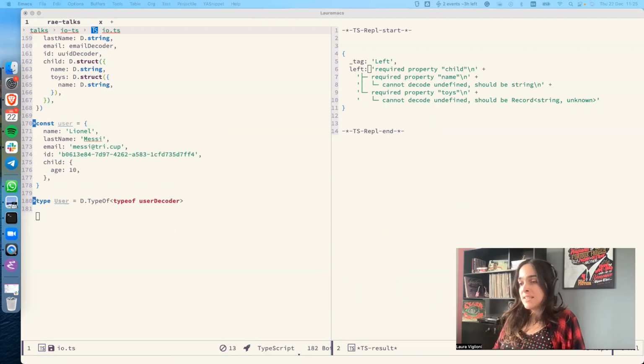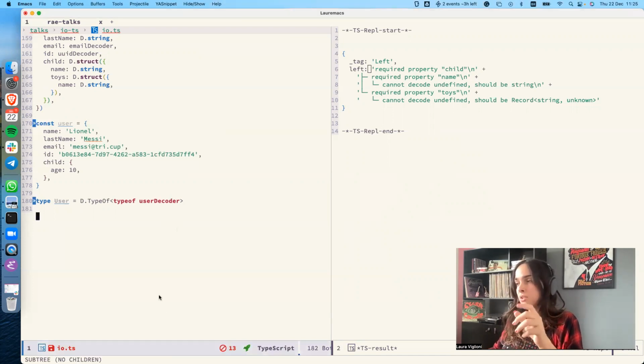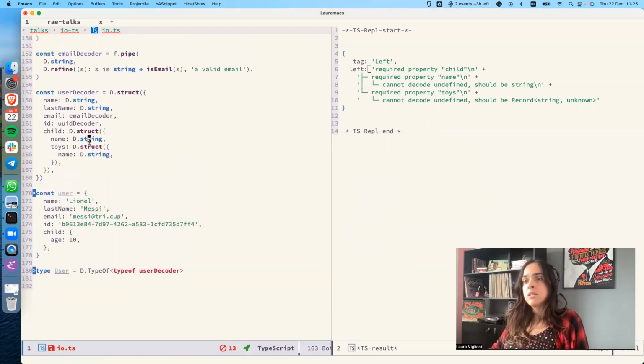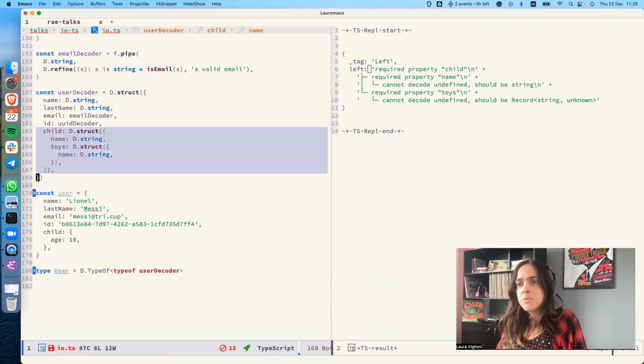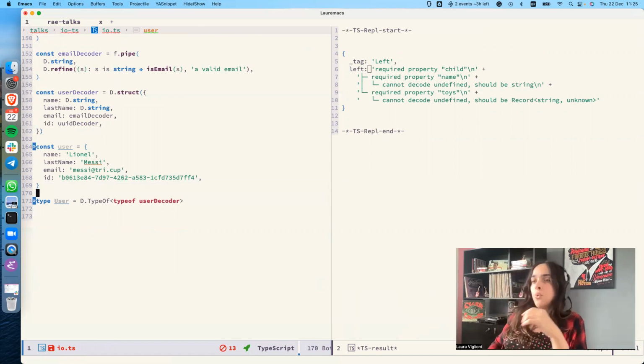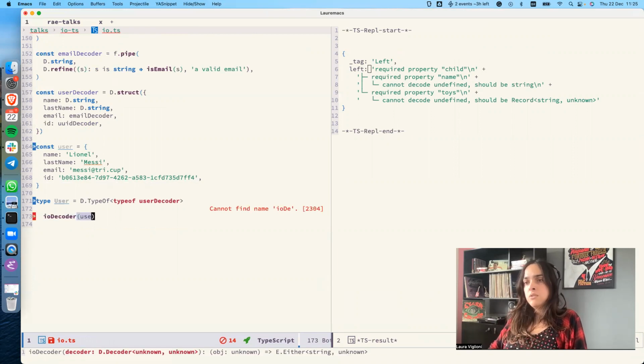Now the last example, I took Denise's idea and wrote an API like so we can test. But before that, I just want to show you a cool stuff that's called parse. Because in all these examples I gave, I did nothing with the data, right? Let me just remove all this stuff here because I want to use this type after. We didn't change anything. If I try to decode that, IO decoder, user,